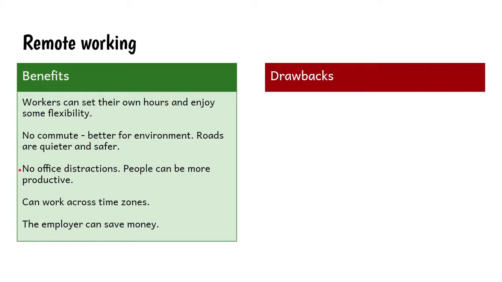When we're working remotely, there are no office distractions. Offices are busy, bustling places. There's a lot of interpersonal relationships, friendships form, and there's a lot of chit chat and things like that. And when we're working remotely, there are none of those office distractions. We're no longer tempted to go and visit a friend at the other side of the office. So it's argued that in remote working situations, people can become more productive. They can get more done.